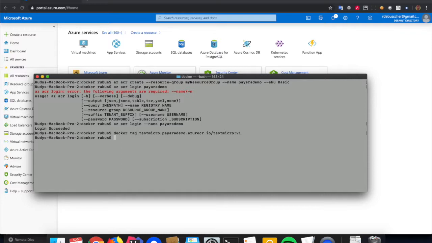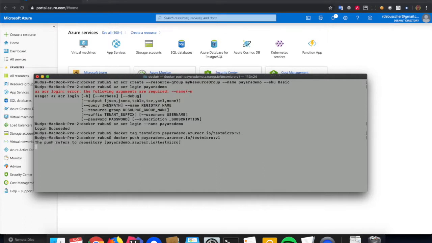That's a very quick operation because it's just putting a label on the existing tag, and then we can push that image to our remote registry with Payara. So we put the complete tag name that we have now created, and we can push it to that newly created